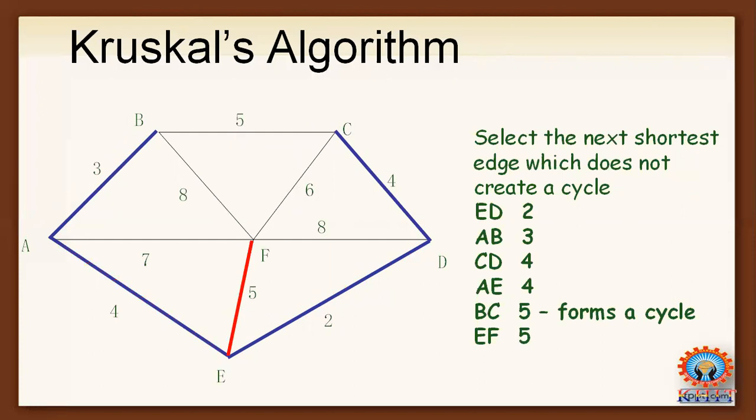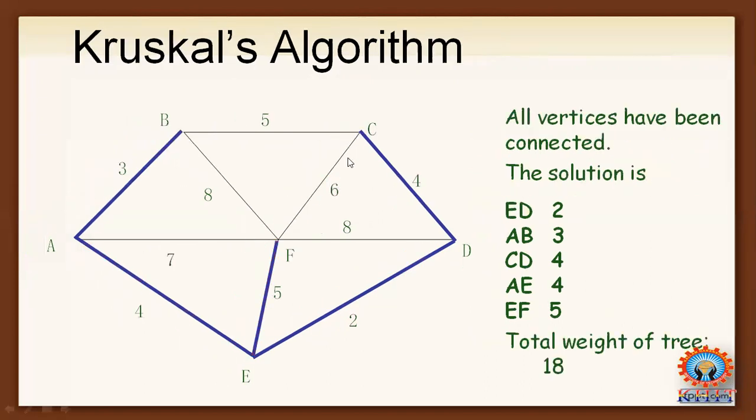So next we need to find the next minimum cost edge. The next minimum cost edge is B to C. You cannot consider it. Why? Because a cycle will form. So next one with minimum cost is C to F. C to F also is not considered, because a cycle will form. And next is D to F, which should not be considered. For the edge D to F, a cycle will form. A to F also is not considered, a cycle will form. B to F also is not considered, a cycle will form.